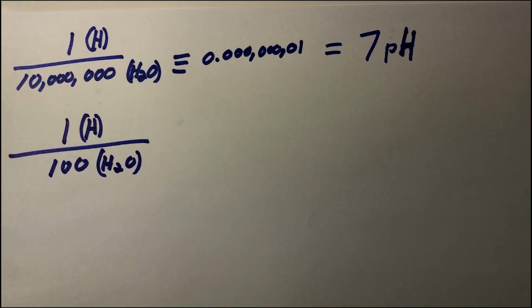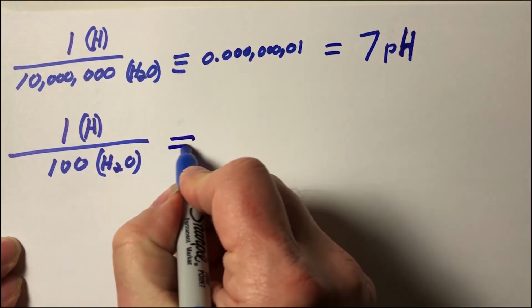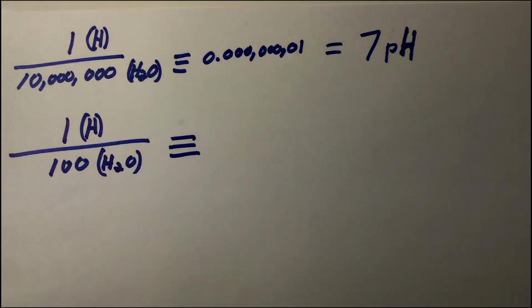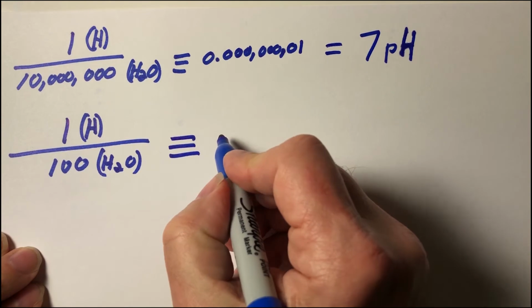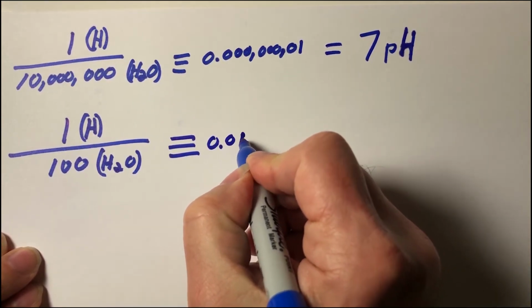There are so many more hydrogens, as in hydrogen ions, in lemon juice than water. 10 million to 100, that's 100,000 more per water molecule. And so how can we get equivalent to that, right? And of course, it is the same thing as 1/100th,